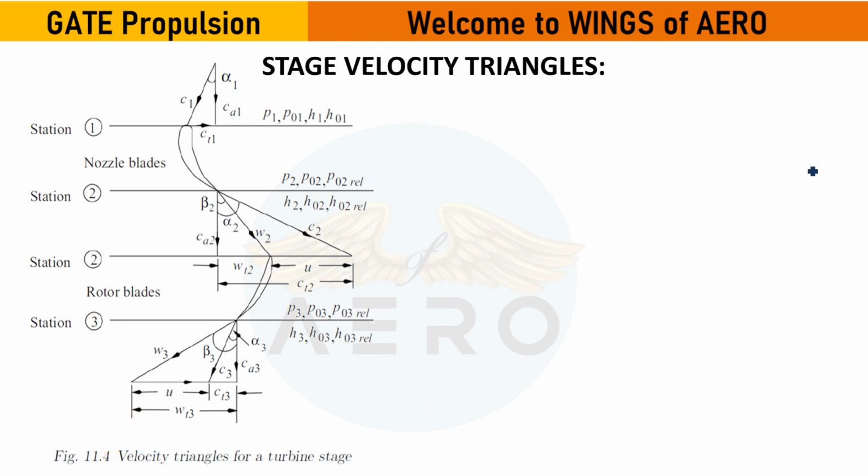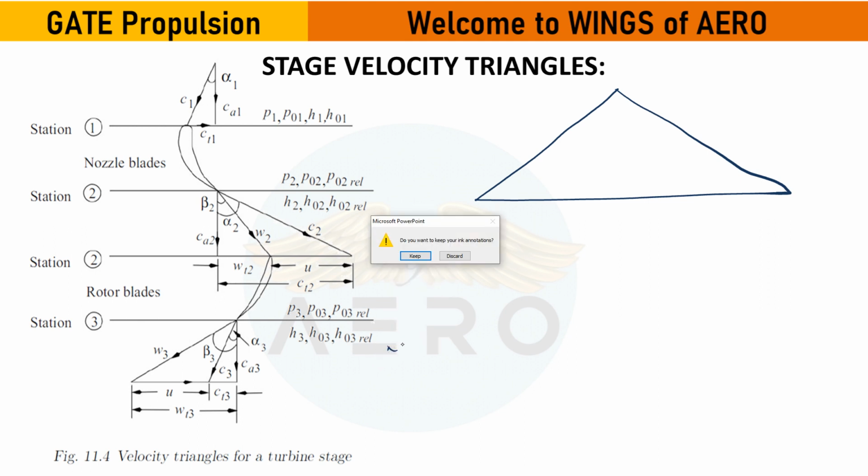If there is a velocity triangle, remember how the velocity triangles are formed. Velocity triangle is basically formed, I'm telling you from scratch, as a combination of,